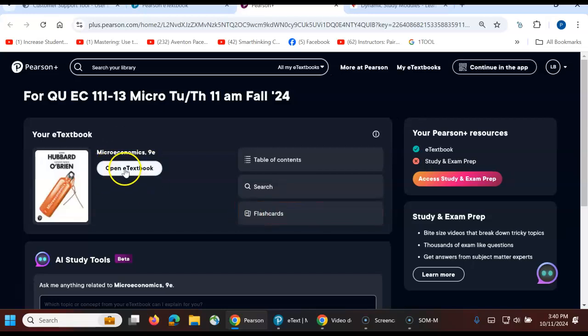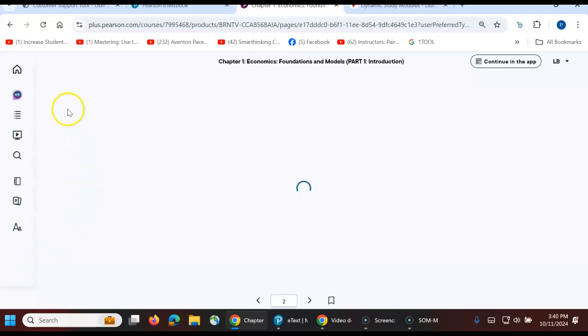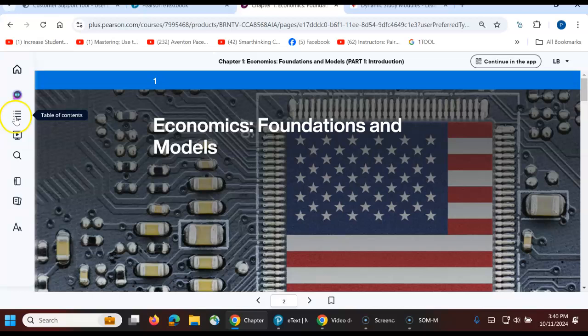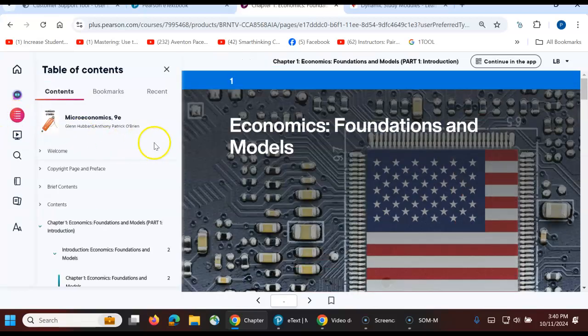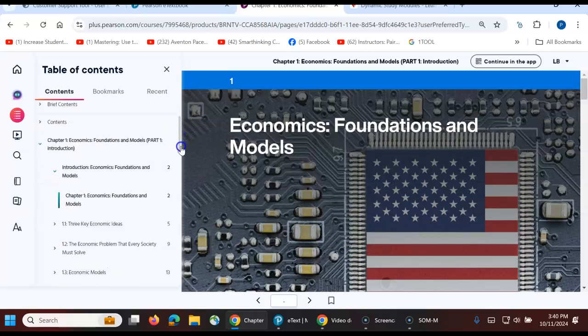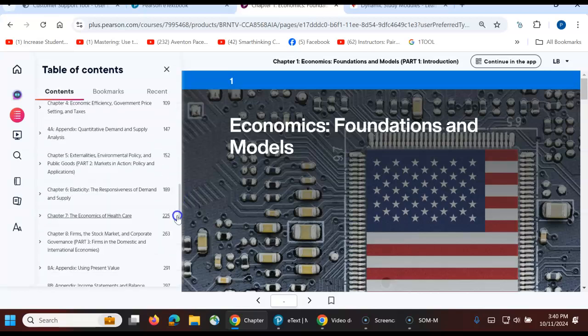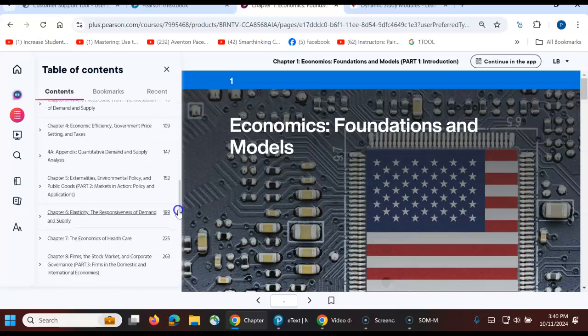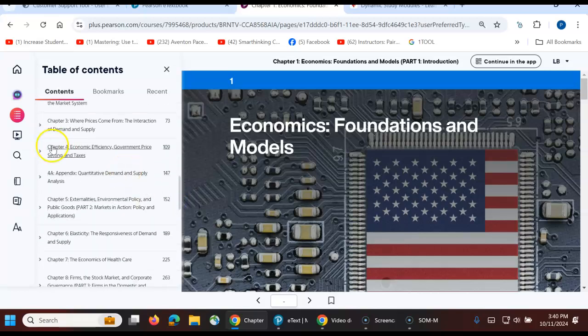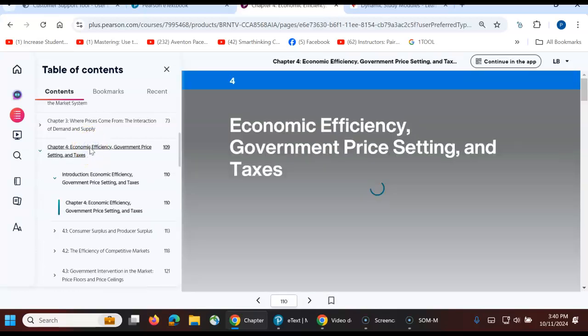And we're going to open the eTextbook. Now once you're in the eText, you can come over to the table of contents. And you see the scroll down bar here. You can go to the chapter you're studying. Let's just say we're in chapter 4, economic efficiency. So if we click on chapter 4,